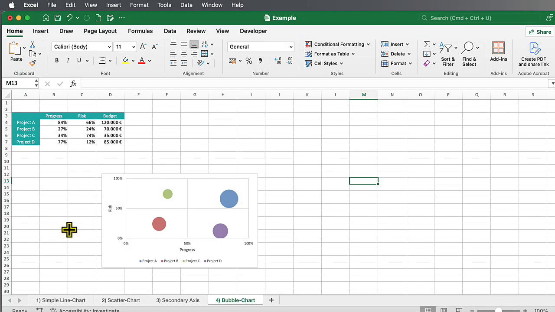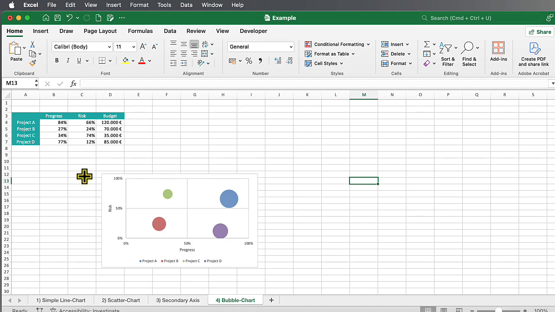In the last video about charts, I have already created this bubble chart. This is just to show some type of not-so-usual diagram, some not-so-usual chart. It's interesting to see that I have three-dimensional data in here. If you remember, we had our